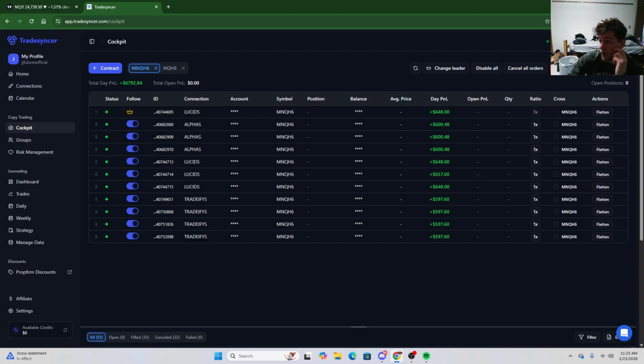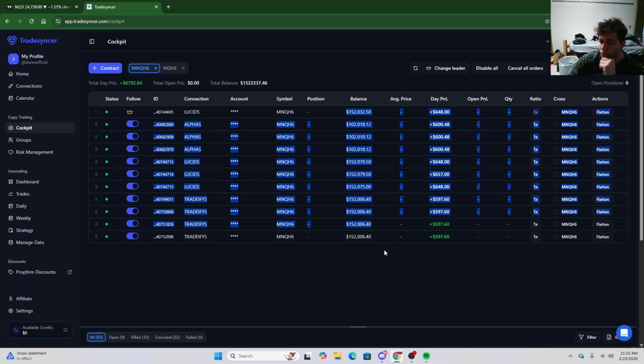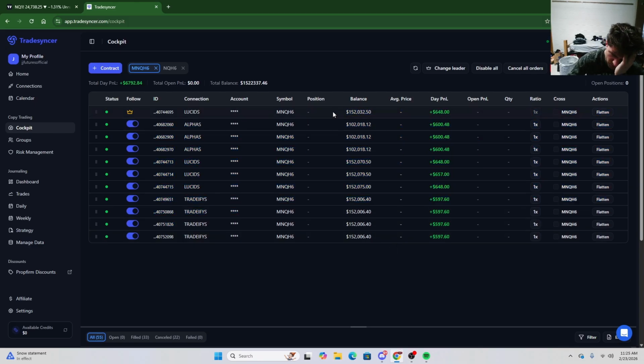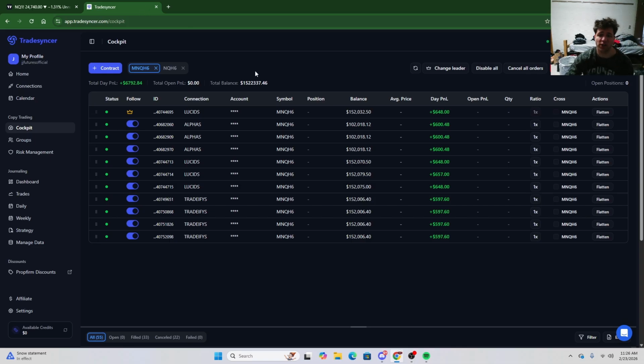As for account balances, I don't want to show the name, but all my accounts are now up 2 racks. I think my first trade on them was, I passed them on CPI Friday, and then Monday was a bank holiday. I traded Tuesday, didn't trade Wednesday, traded Thursday, didn't trade Friday, just because of no trade opportunities those 2 days, and then traded today. So I'm 3 for 3 to start the accounts, which is great.